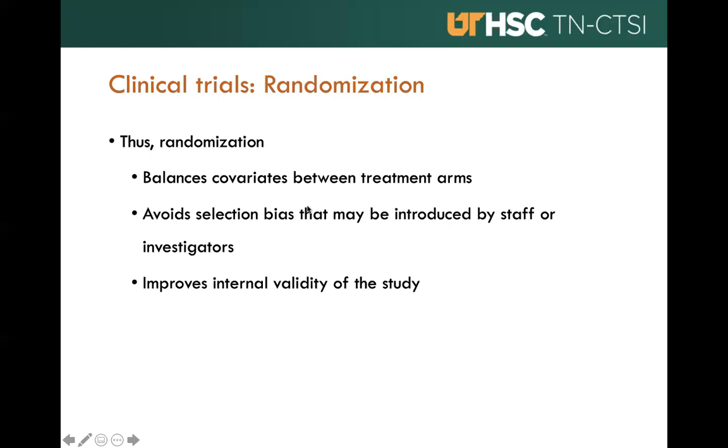When we say covariates, these are the factors that can vary between the compared groups, such as age of the participant, race of the participant, it could be gender, it could be BMI, it could be many other factors, metabolic differences and the likes. So those are covariates. They vary between the two groups, and if we don't balance, that means, for example, if we have